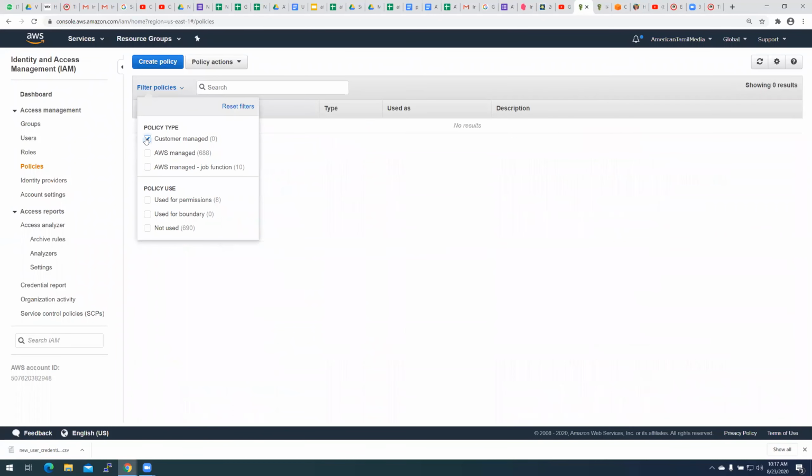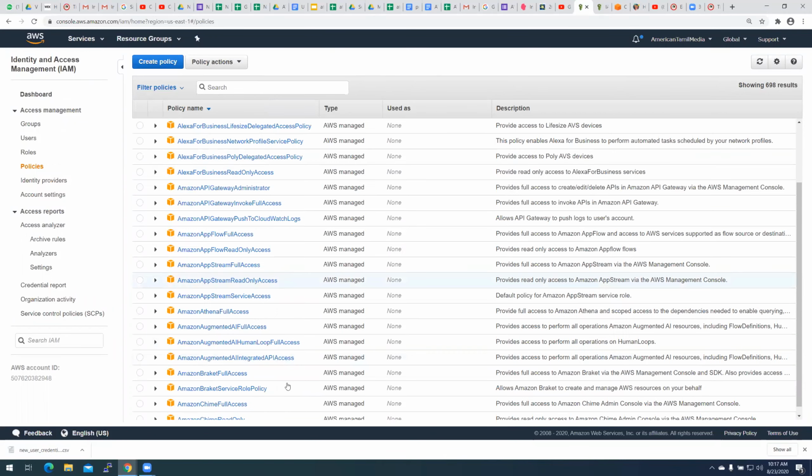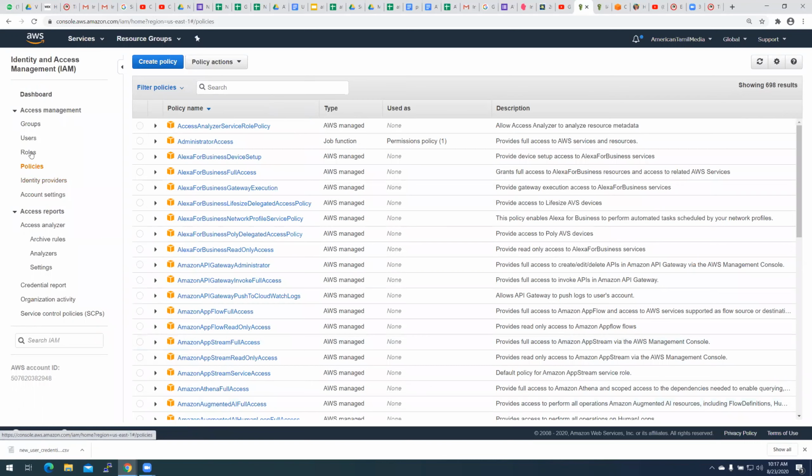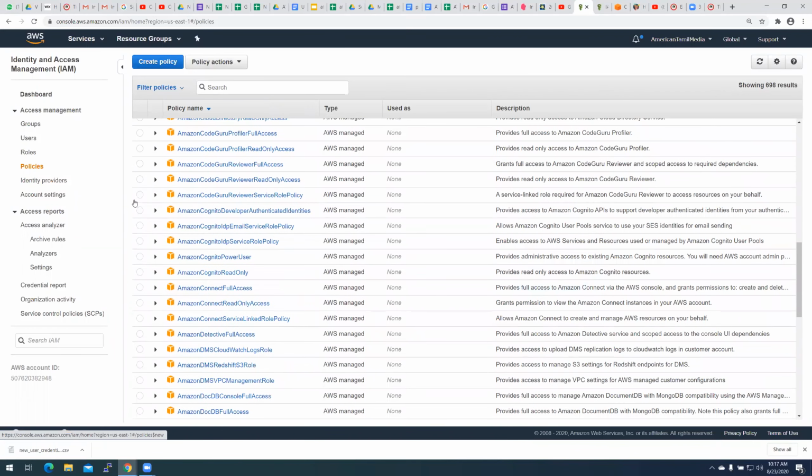Customer managed. Oh, it's not showing the one I just created. I'm not sure why, but you can also create new policies, manage existing policies, or copy one policy and create a new policy from it.